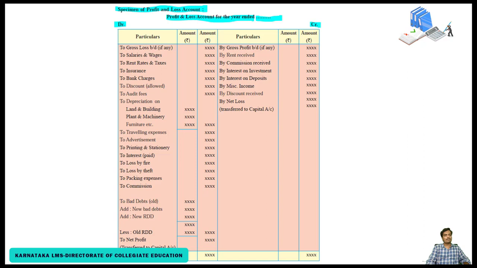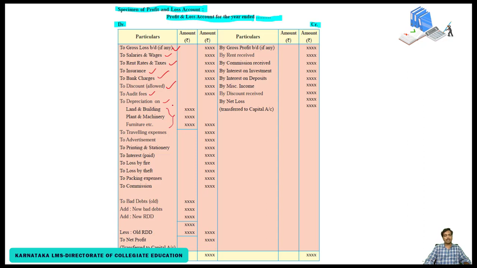So here in the specimen, if we observe, first we have to observe the first thing is gross loss, which is brought forward from the trading account. In the trading account, if there is any gross loss, that should be brought down here. And salaries and wages that should be recorded, rent and rate as well as taxes should be recorded, insurance expenditure and bank charges and discount allowed if any, and audit fees, depreciation on the fixed assets, it may be anything